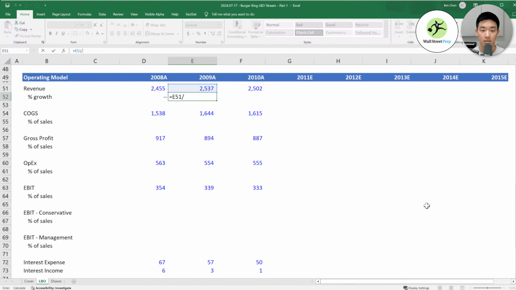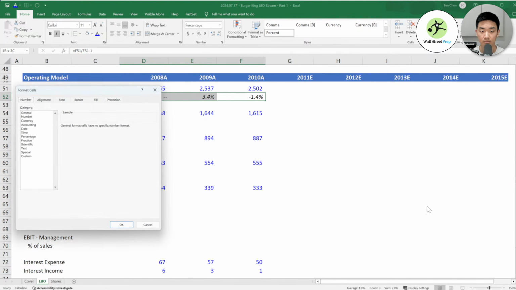So growth is the current year minus previous year minus 1. I like to have the percentages in parentheses, which is not here.